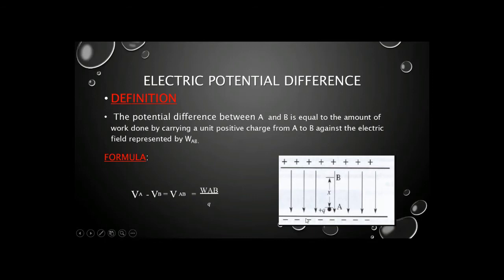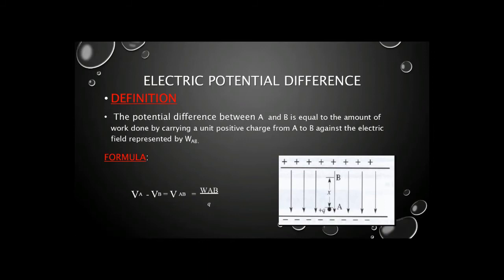As I told you, the electric field always goes from a higher potential to a lower potential. To remember it, the positive terminal or positive charges are considered a higher potential and the negative a lower potential. So electrons always move from a higher potential to a lower potential, but here we have to do some work against the electric field. As you can see, the electric field is from positive to negative, and we are moving a charge from point A to point B, which is against the electric field.